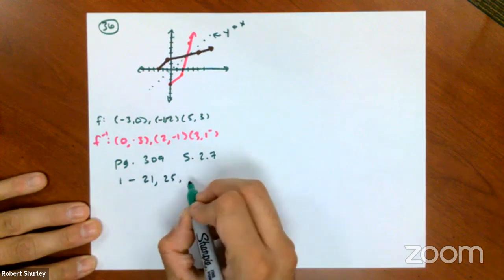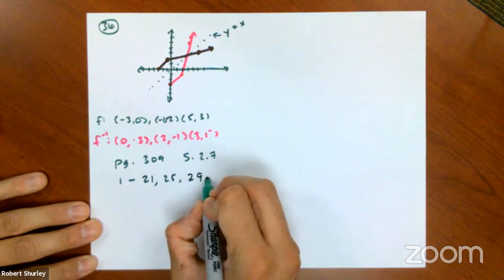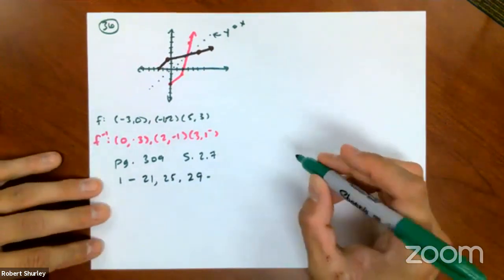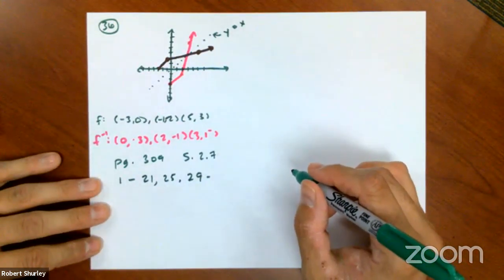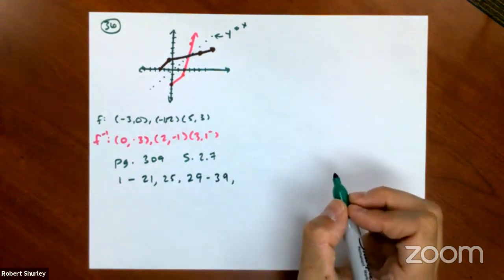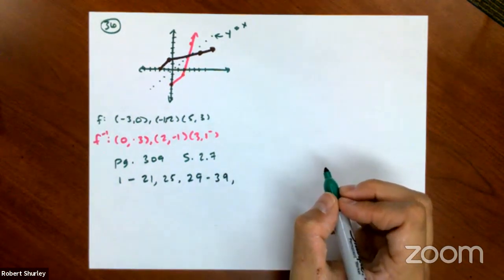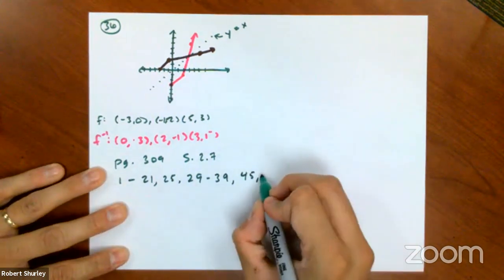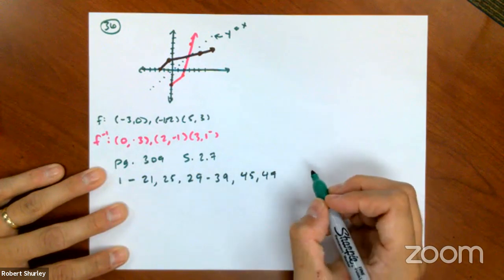Then 29 through, these are all going to be odd, guys. So 29 through 39. 45, 47,